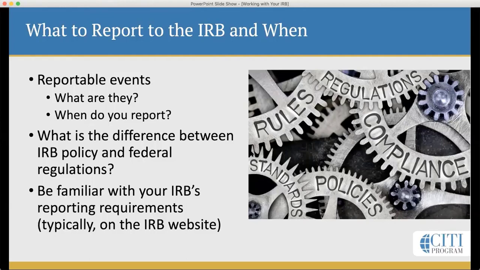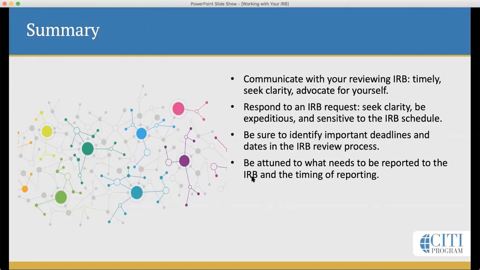Also, note that sponsored or funded research